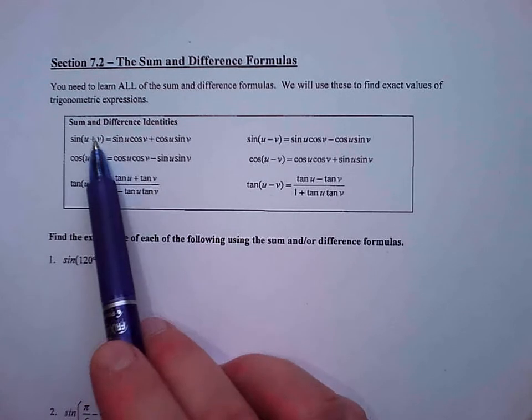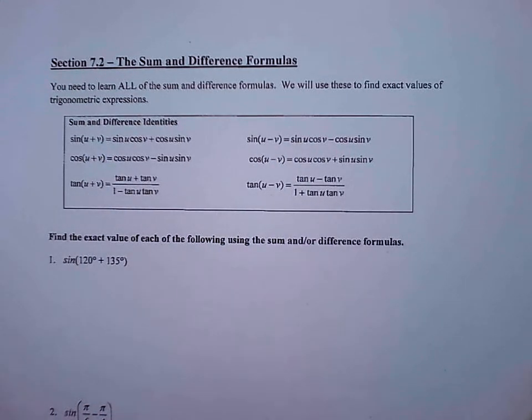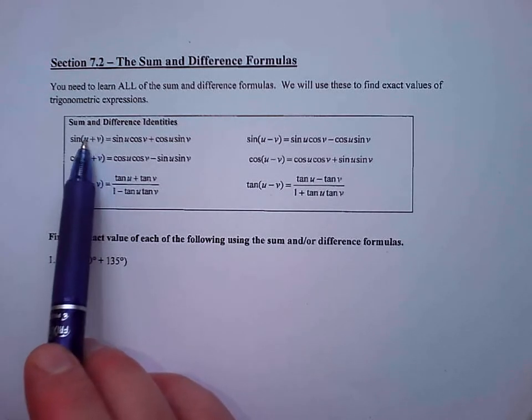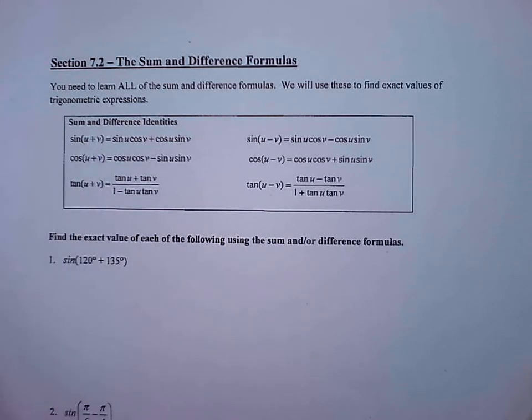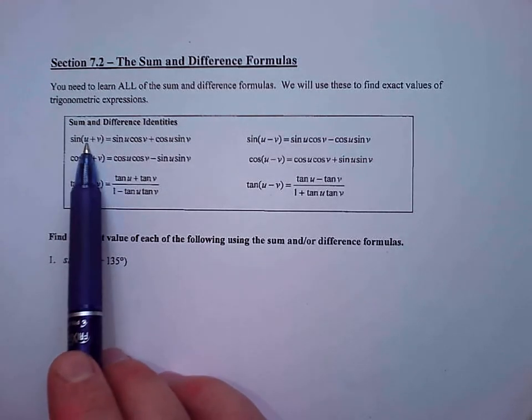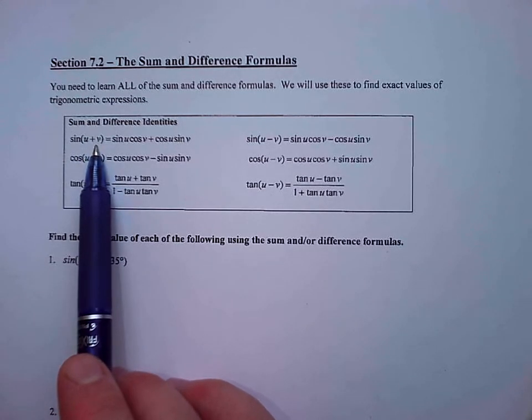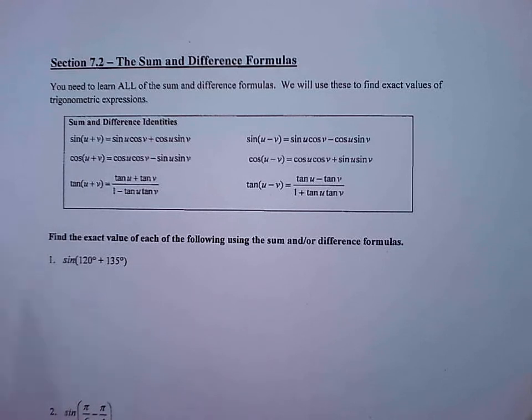So whenever we take the sum of two angles or the difference of two angles, that's going to help us out a lot of times whenever we're looking at a strange angle, say like the sine of 105 degrees or something like that. That wouldn't be on the unit circle. How can we change that so that we have the sum of 2 degrees that would in fact be on